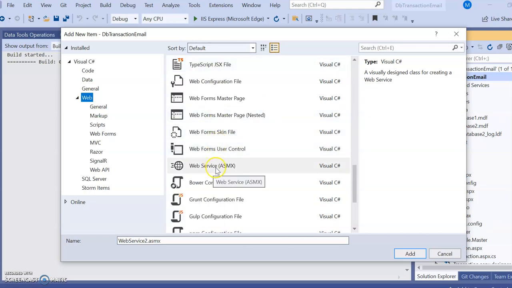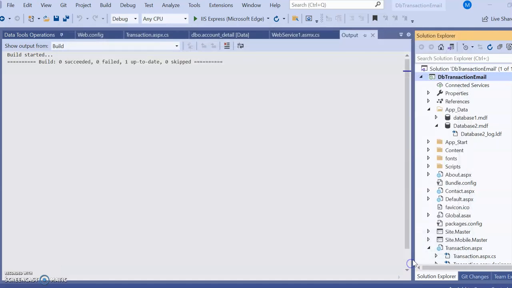Its extension is ASMX. I have already added web service 1, so web service 2 is suggested as the name. You can write your own name or change this one. I'm just adding web service 2. Say add. This will be added to your project.